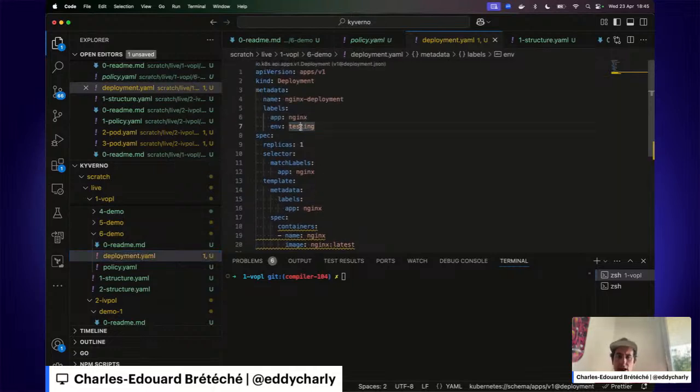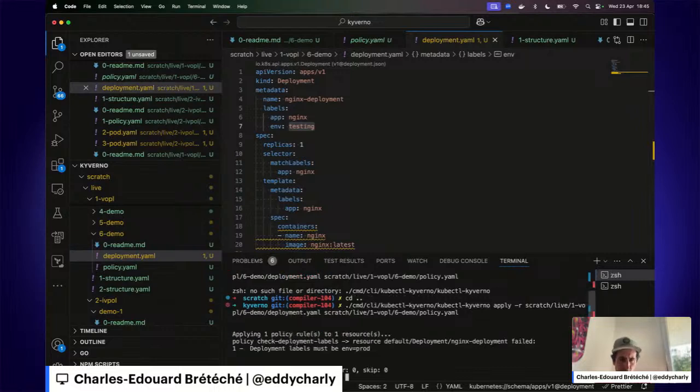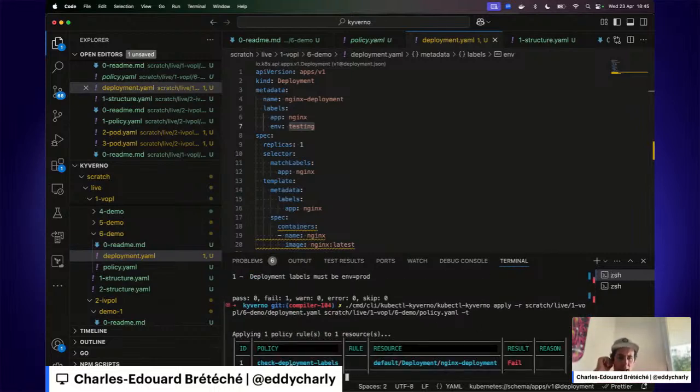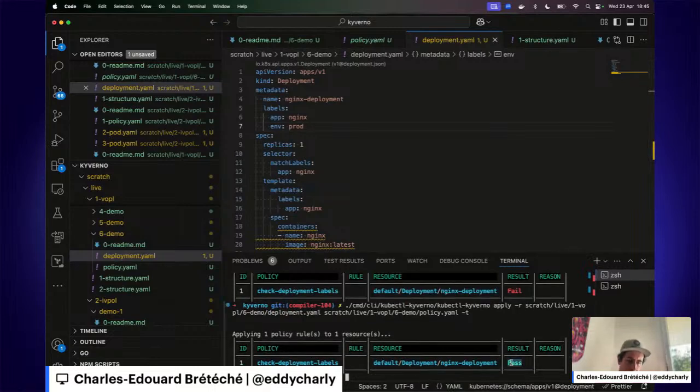So this one has another label and not prod. And this time we are just going to invoke the kubectl kyverno CLI. And we can see that this time the deployment failed the check deployment labels policy. If we put prod here, we should have another outcome. Okay, so this time it passed.